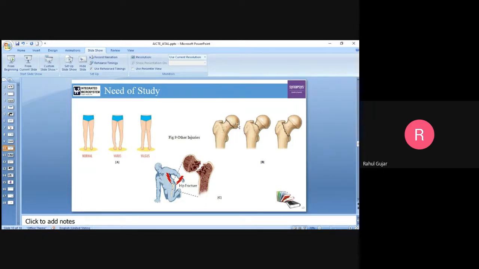You can see here how the fractures occur in that region only, neck fractures. You can see three types of fracture: type A, type B, and type C. Those occur due to these activities. Another figure shows the effect of age: for women it is more than 50 to 55 years, and for males the age is more than 60 years. Because of the age effect, there is a chance of deteriorating bone quality, and due to that, again the chances of fracture at the neck head region. And therefore, I thought to take this area as my research.